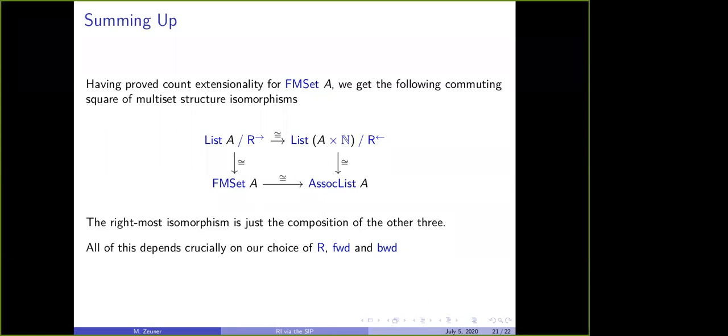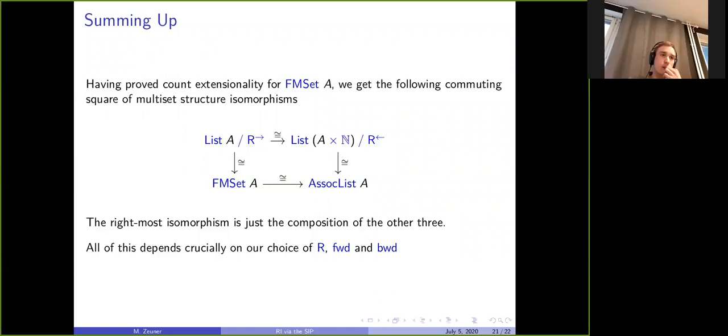Yeah, I guess my question is more like the same way that we can see a difference between list and association lists. If I were to use those glasses and look at list of A quotiented by R to the right, would that give me the same as the FM set representation? Of course, all these types are going to be equivalent, but is the representation the same that we get this way?